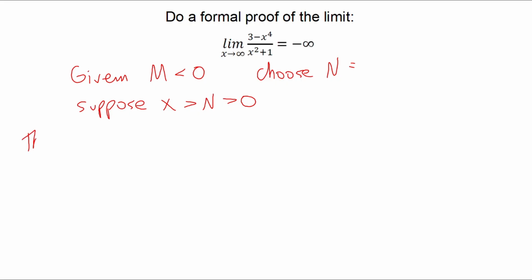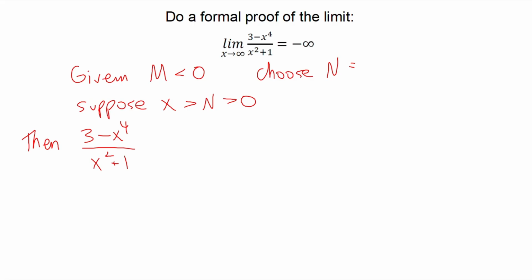then we want to show that our function, 3 minus x to the fourth over x squared plus 1, is always eventually less than M, right? Because it equals negative infinity, so we want to drop it below that M value that we think our limit might be. So what we're going to try and do here is first think about if this